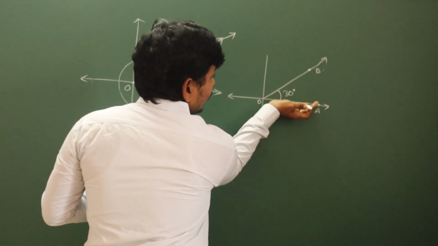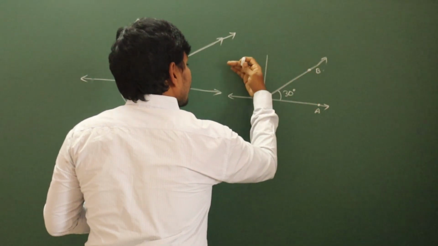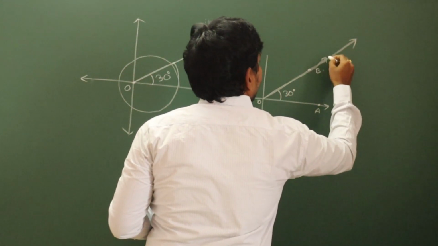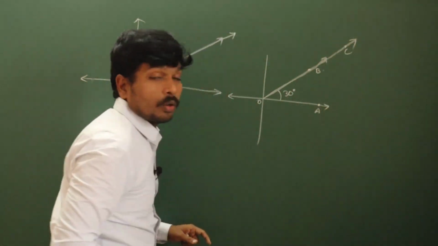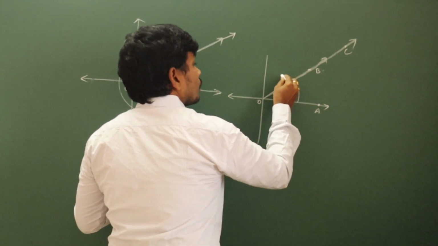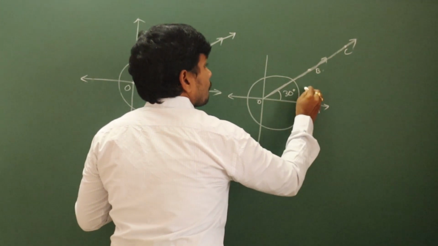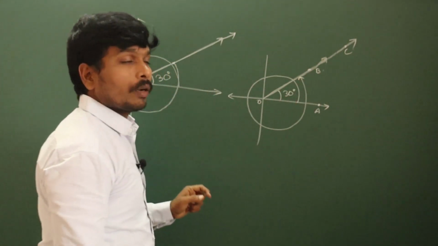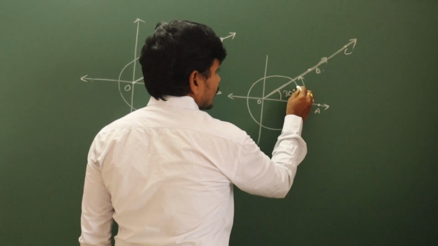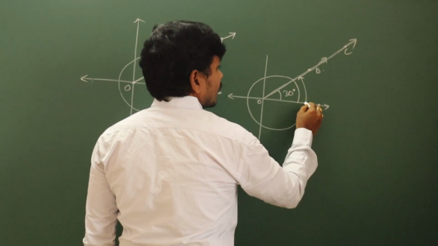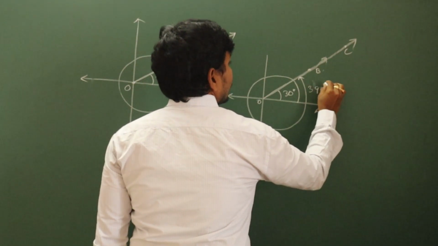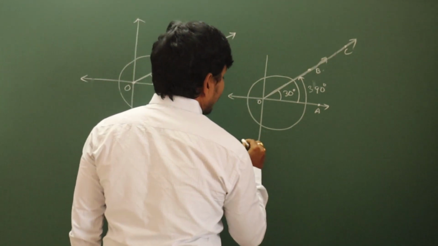Now one more ray you take. It moves like this, like this, and has to coincide with it because both rays are the same. This is OB, and suppose you take this as OC. Now what is the angle made by OC? It completes one rotation and coincides with OB. So this angle, how much? This is 30 degrees. This is completely 360 degrees and this is 30 degrees. Total it has 390 degrees. So the coterminal angle of 30 degrees is